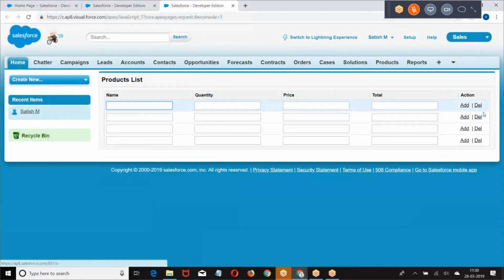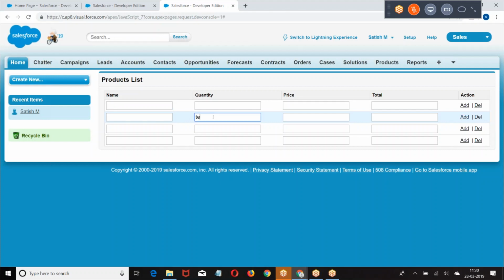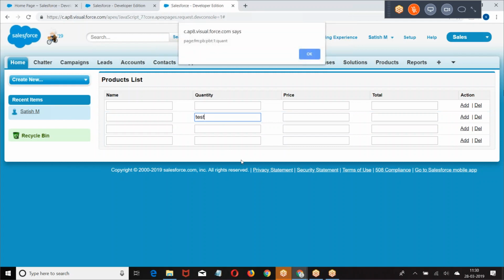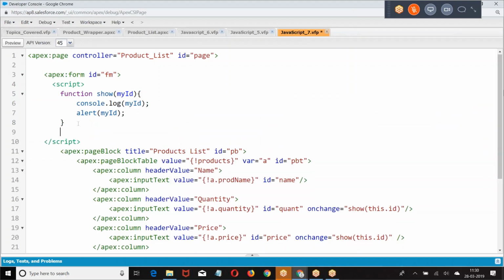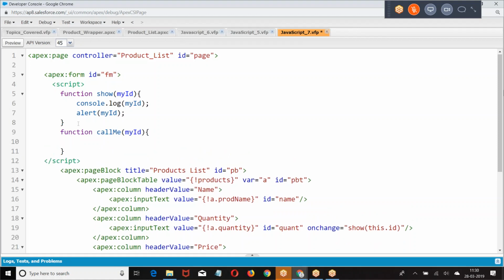Review. We're getting the same ID. There's nothing wrong with this. Same thing I have given there also. Function. I have not made any changes to the code.